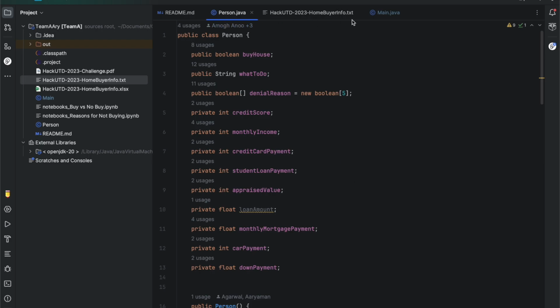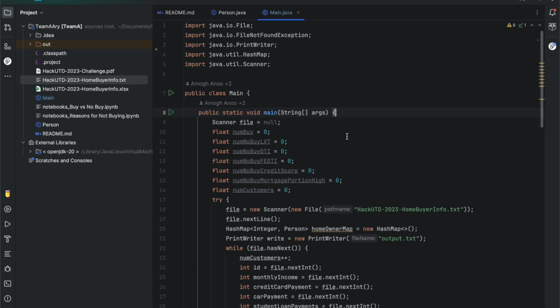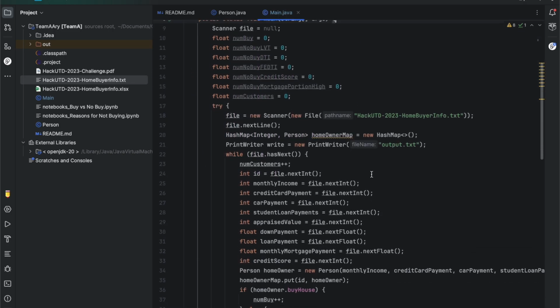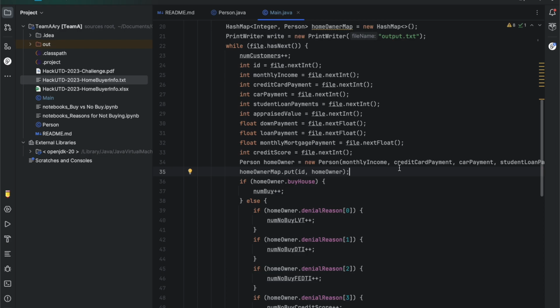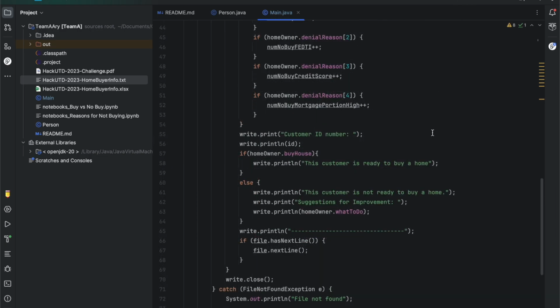Next, once we've got Person.java, we've got Main.java, where we're reading and writing to a file and giving our suggestions. We're using a hash map to read the data because it's O(1) complexity when it comes to adding the data. So here, as you can see, we're reading the values, we're instantiating person, and so finally, when I run it,